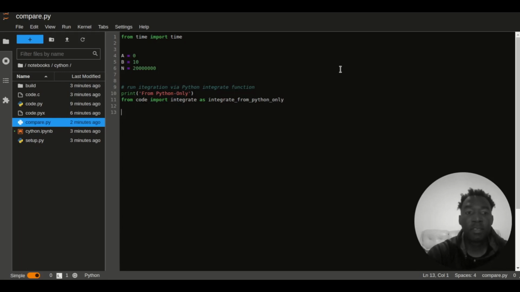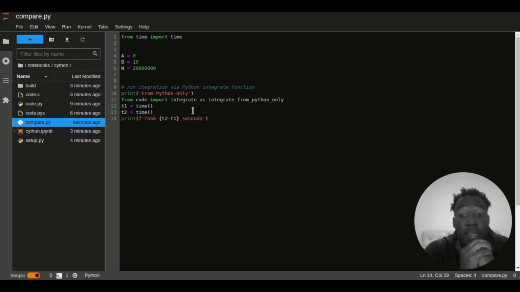All right. Now that we've imported our integration function here, we will then start the timing process. So we'll do T1 is equal to time. That gives us the current time. And then we'll do something. And then we'll do T2 is equal to time. And then we're going to print the differences between those times. So we'll do print. I'm using this as a format string. Took T2 minus T1 seconds. Okay, good. Now, what we need to do is right here between T1 and T2, we need to run that